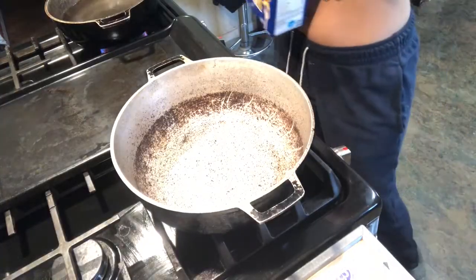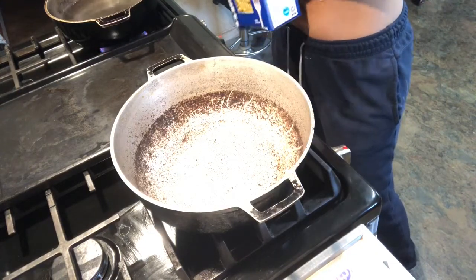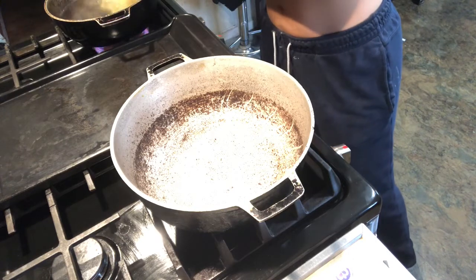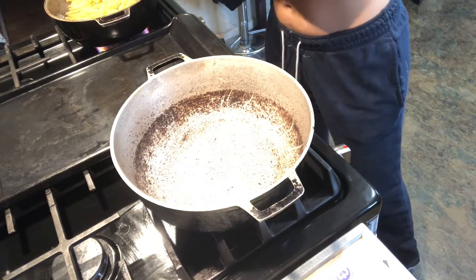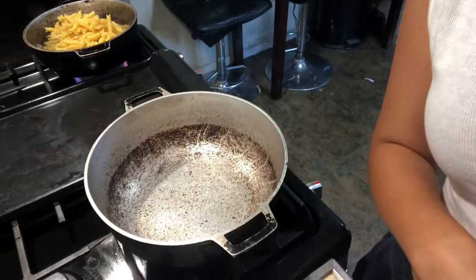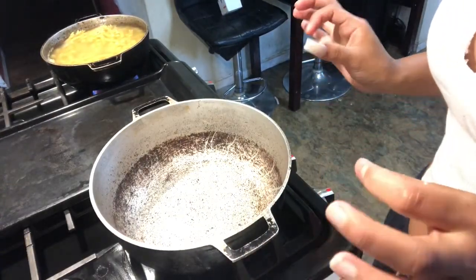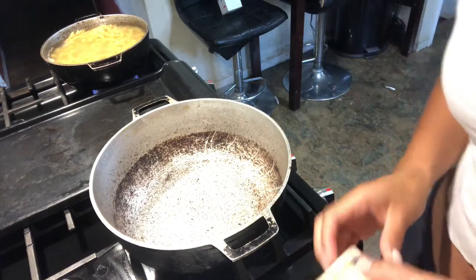I'm just going to add my pasta to my water since it has come to a light boil. We're going to let our pasta go for about 7 to 10 minutes until they're soft but still a little firm. Our sauce,